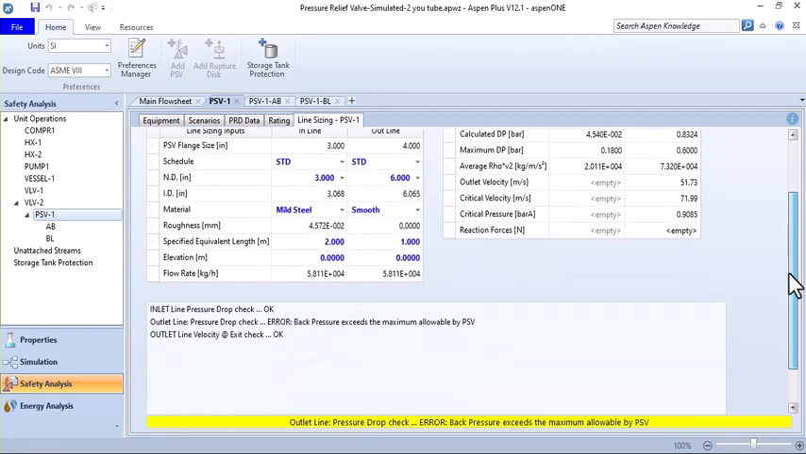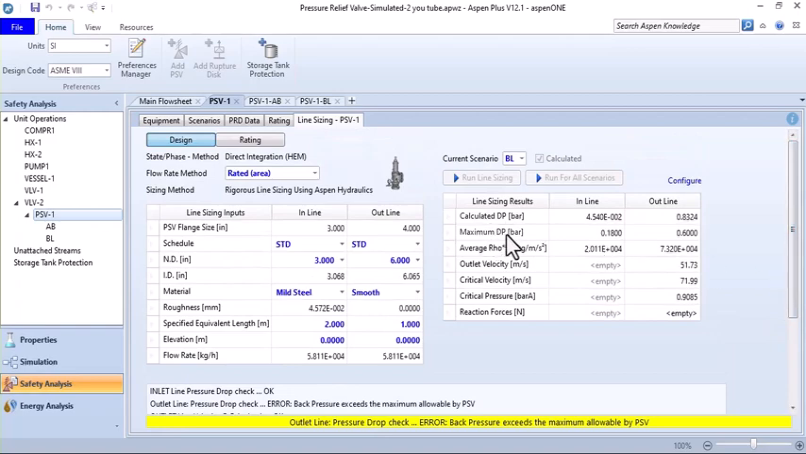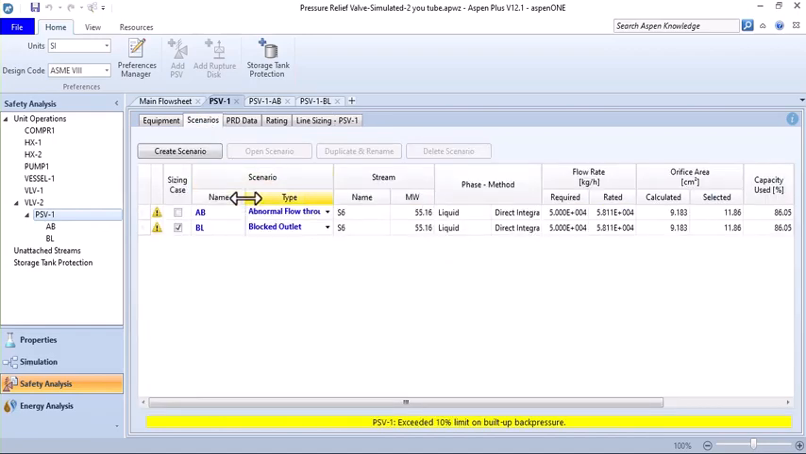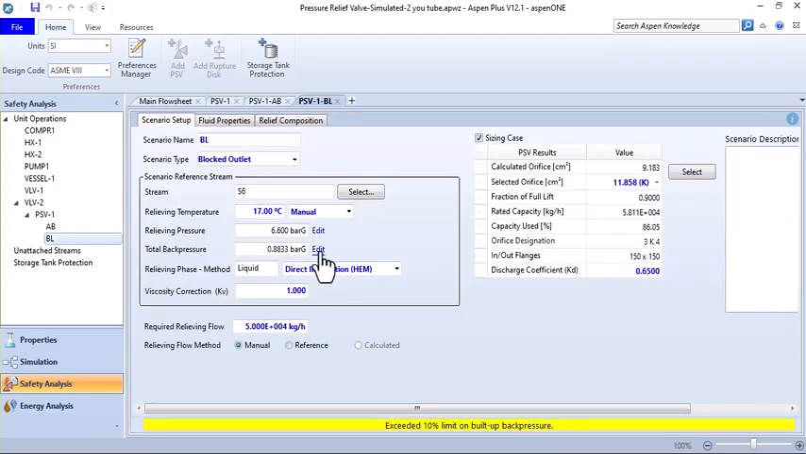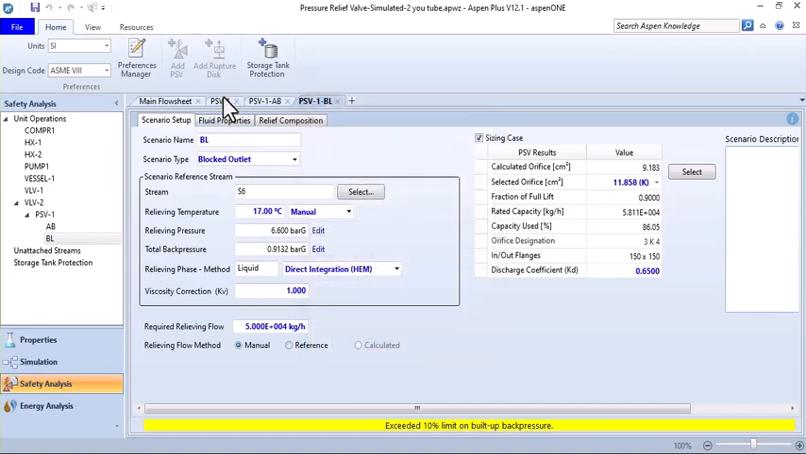Okay, it says that the back pressure exceeds the maximum allowable by PSV, because the maximum allowable pressure drop for PSV at the outlet line is 0.6 and the calculated is 0.8. So I'll go back to the scenarios part and go to this special scenario, open the scenario and change this part to, for example, 1 bar gauge. Okay, I'll go back to the PSV1